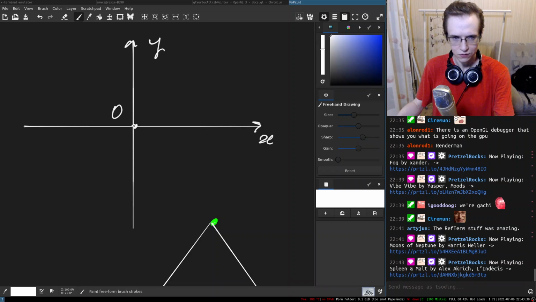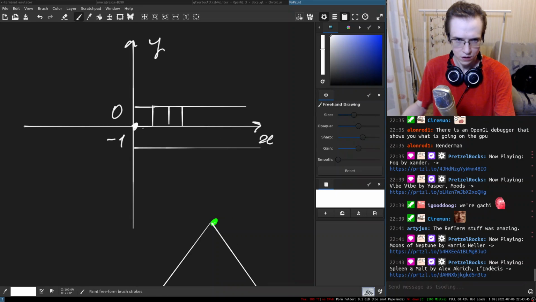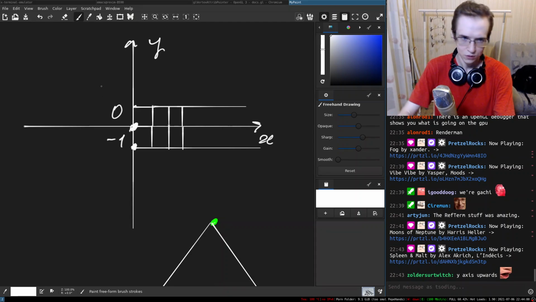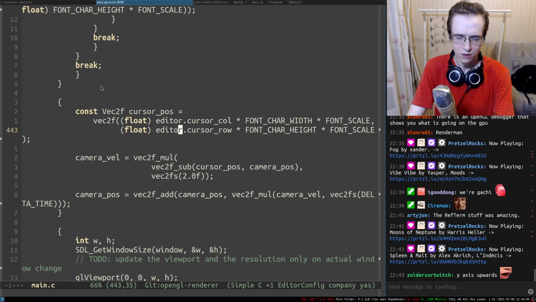So here is 0, and this is row 0. So row 1 is supposed to correspond to something like -1, right? That means if you have a cursor at -1, its position should be somewhere there. And is it going to be the case though?